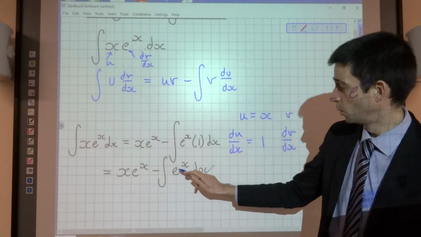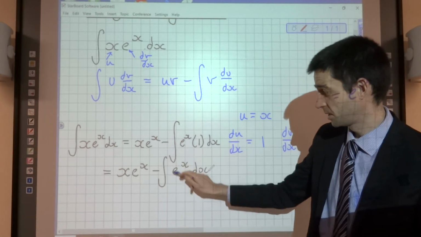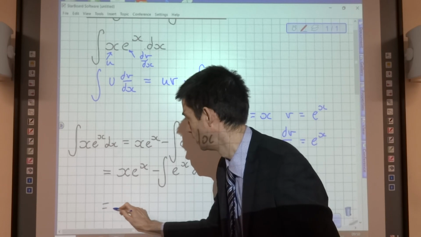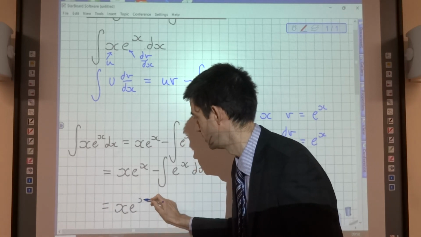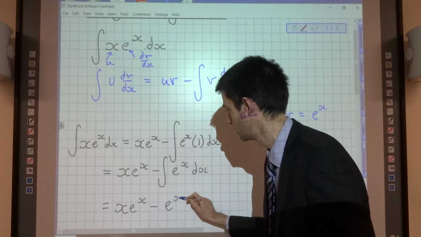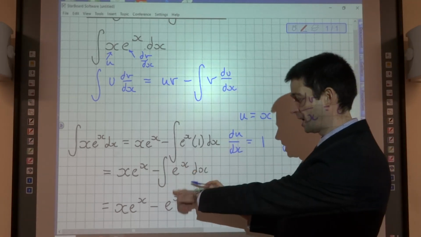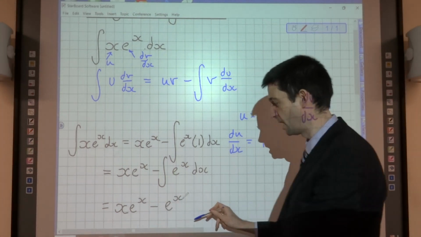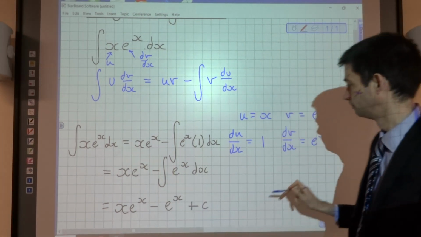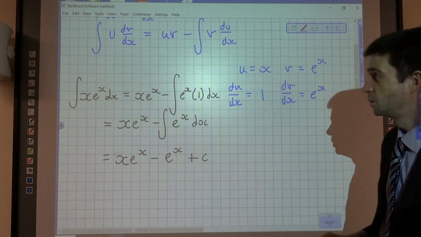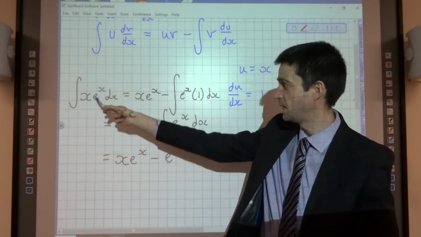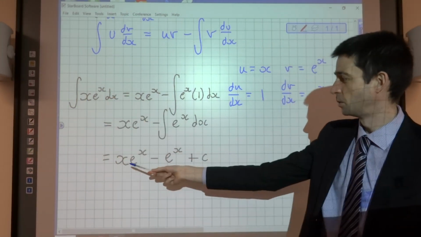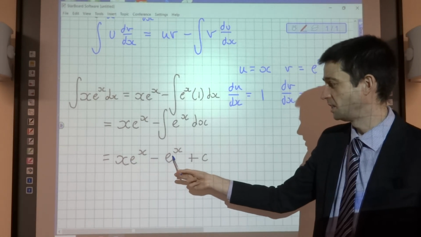So here we are then. All we have to do is integrate e to the x for this integral here, not forgetting that x e to the x is still part of the result. So if you integrate e to the x, you get e to the x, subtract because of the negative sign there, and then don't forget the plus c. So there we have the integral of x e to the x done by parts. The result is x e to the x minus e to the x plus c,